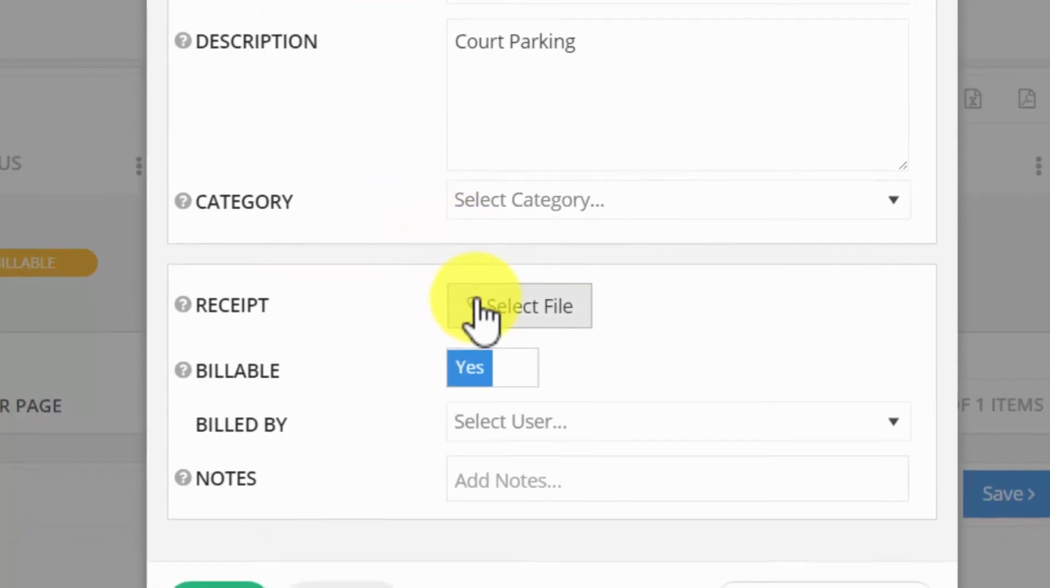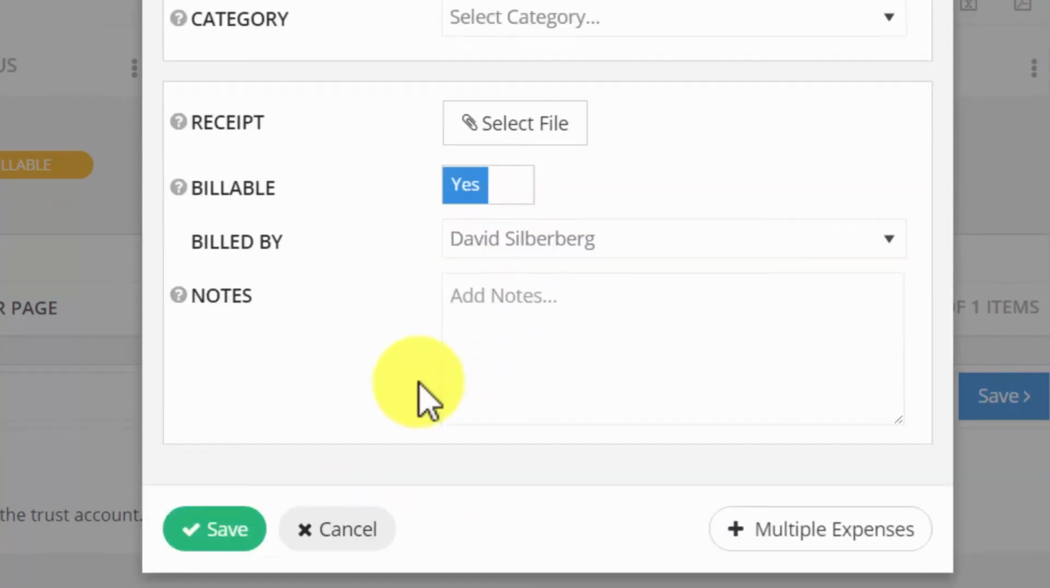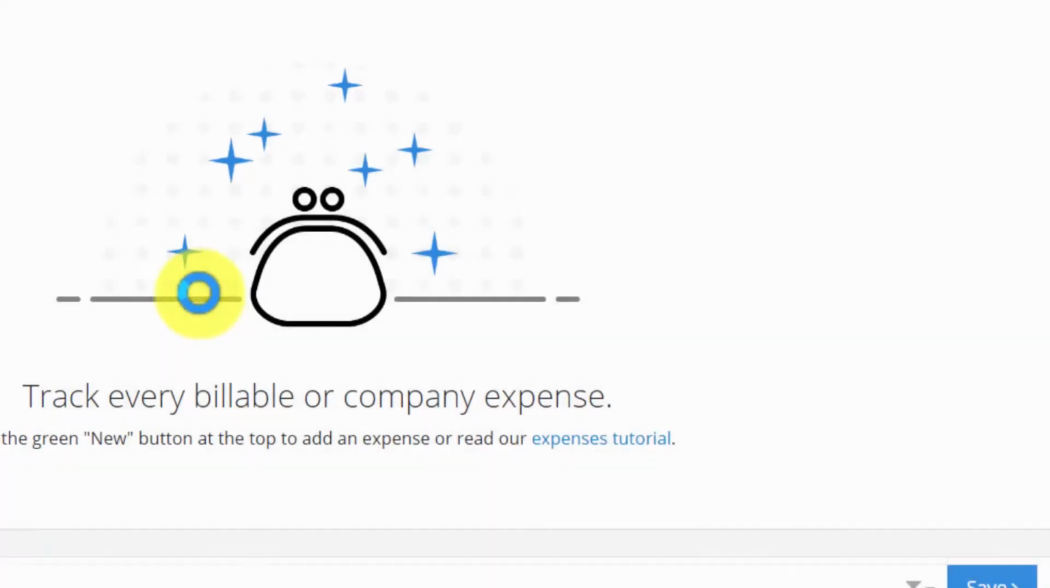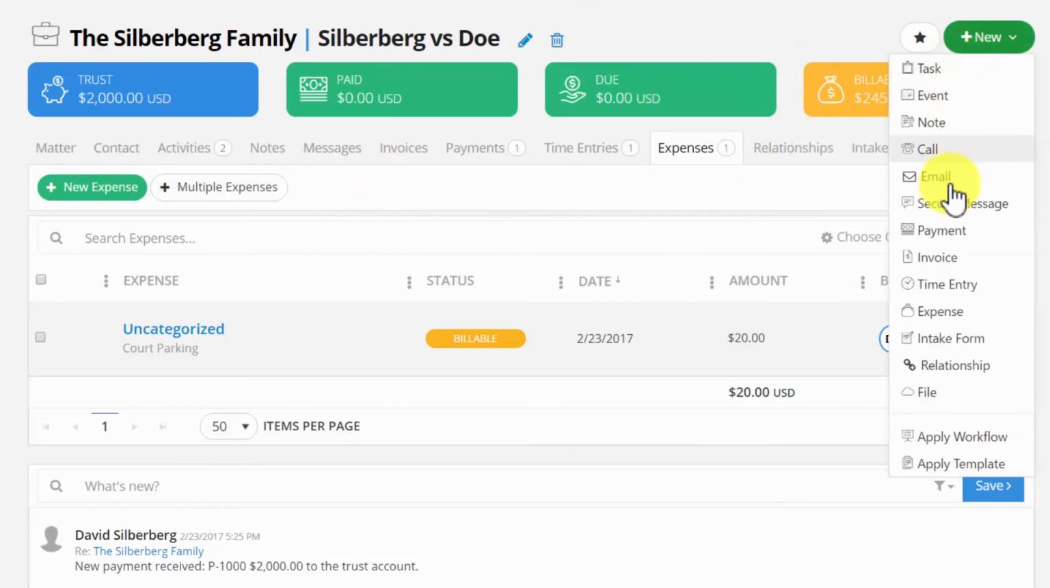You can go ahead and upload a receipt here as well, mark if this is billable or not, who billed for this expense, and any private notes once again. And save. Much like the time entries, you can also do multiple expenses in one shot as well, up to 10 at a time. You can record notes about your case by hitting New, and as you guessed it, Note